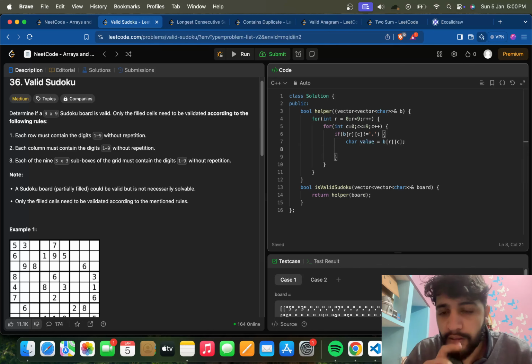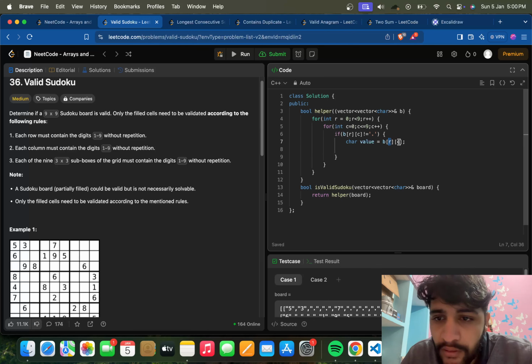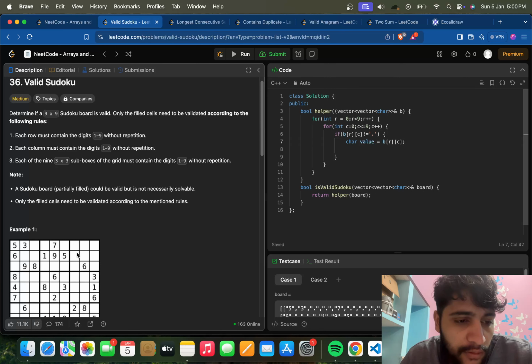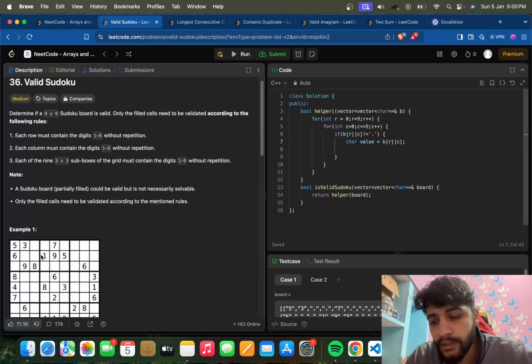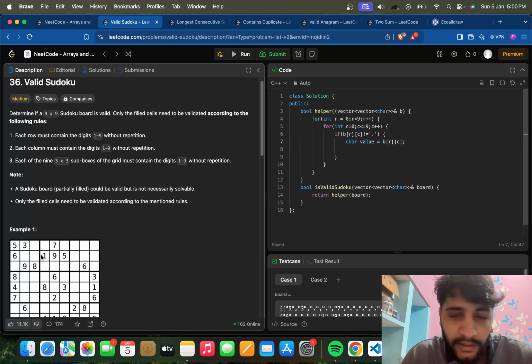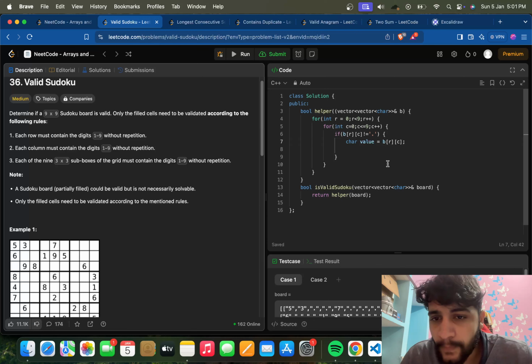We have to check if this value exists in this row, this column, or the box where r and c intersect, like this row and this column intersect at this point. So in this box, this number should not be repeating. We have to give these 3 checks. If any one of them fails, we return false, and the question ends there. Now we have this value,